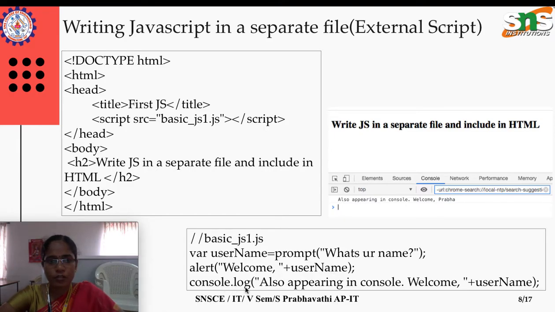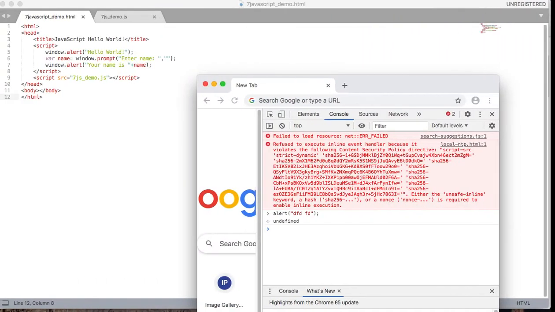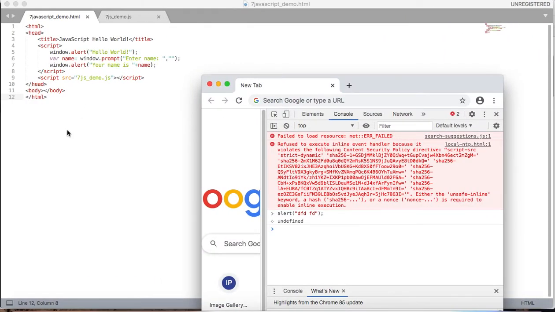And this is about console.log. Console.log means it takes us to the console environment. So I will take you to the demo version. We will come back to this slide later. I will straight away take you to the demo version.